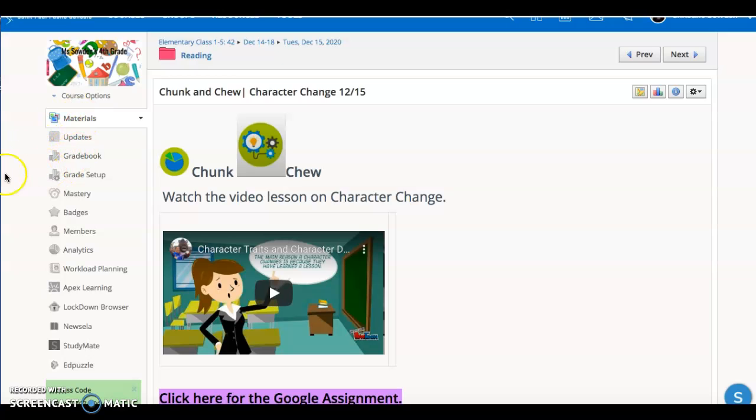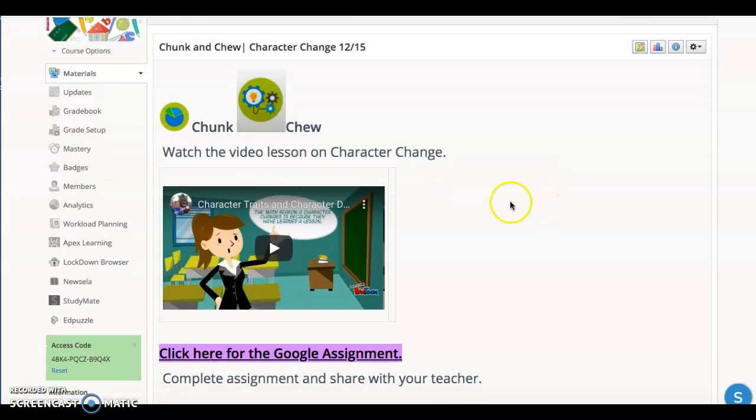For this assignment on character change, we're going to be looking at Rosalinda again in Under the Lemon Moon. She's the main character in the story, and we're going to be talking about character change, or how does Rosalinda change during the story from the beginning to the end. And so after watching this short video on character traits and character development,